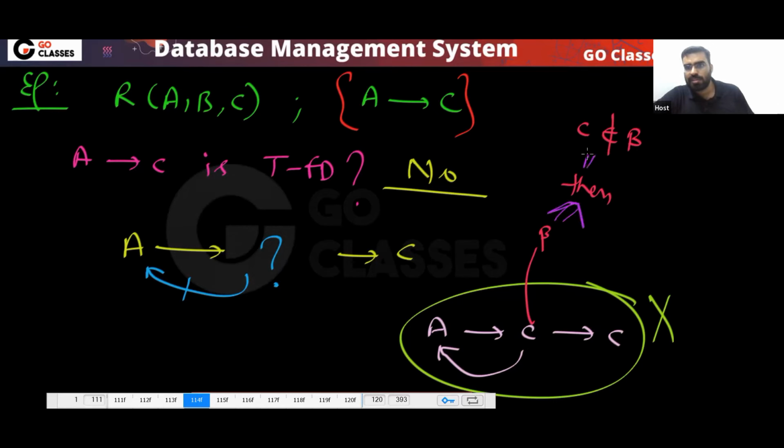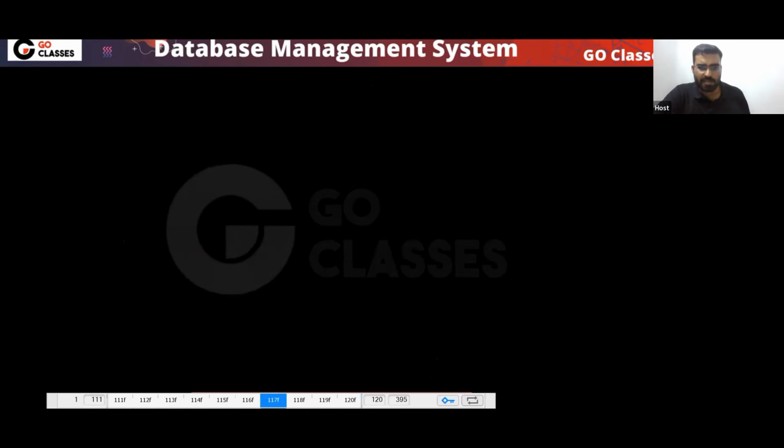Okay, so this is the idea. I hope this point is clear. So remember, this is not a transitive functional dependency. Now let's see some more questions. One more example let me take. Let's assume A, B, C, D, and